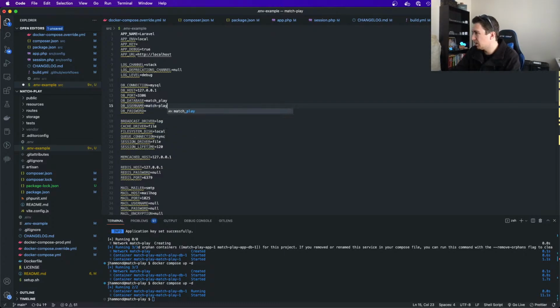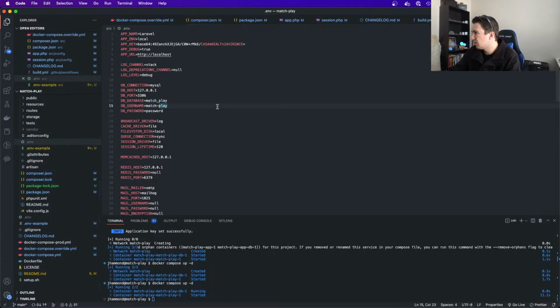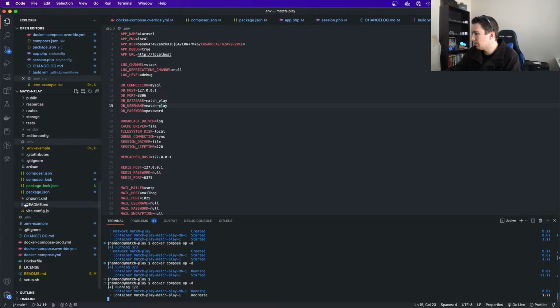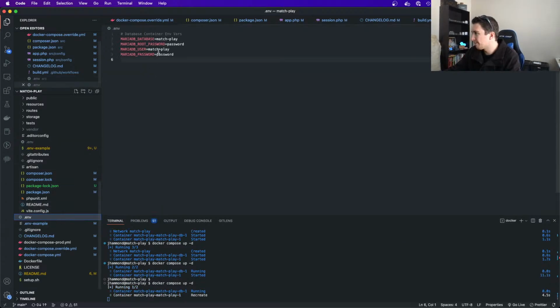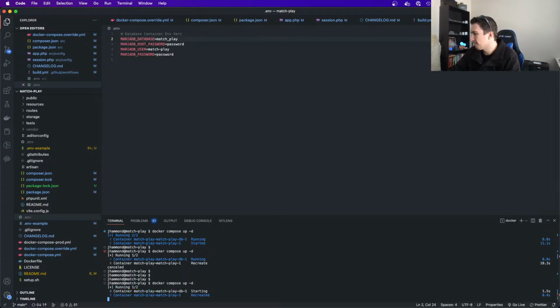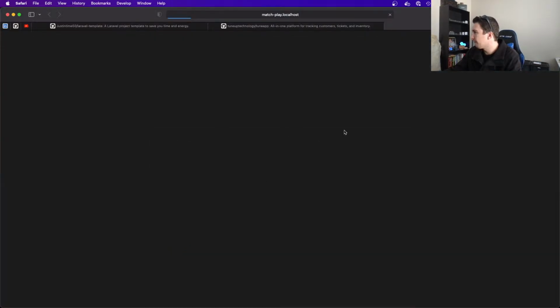Match play password, match play. Okay. Spin it up again. Should pull in those new env vars. Now the database name is underscore bleh. Still not working.